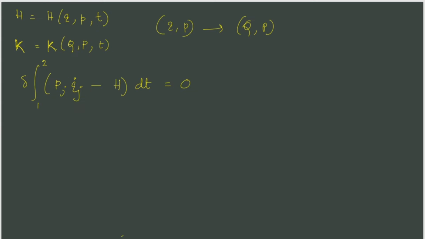This is the modified Hamilton's principle, the statement. Now, it holds for the old coordinates, and if it does, then you already know that from this we got our equations of motion, which are